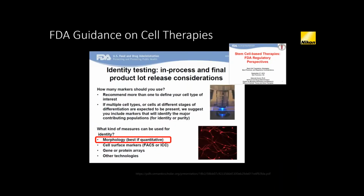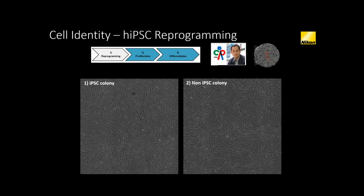So especially in an age where there are a lot of therapeutics coming out that are cell-based, the FDA has signaled they're willing to accept morphology as a criteria for creating quality control measures that are used for getting approval for your therapeutic, but it needs to be quantitative, right? And there are a lot of things that imaging can do that is difficult to get from flow cytometry. And I'll show you some examples. So in the first case,